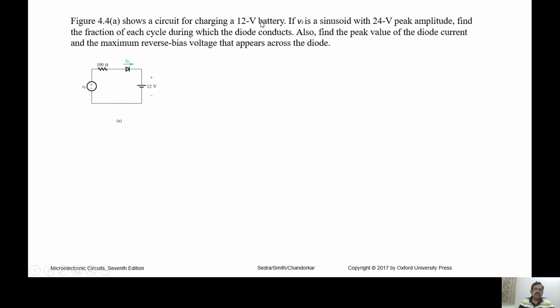So there are some interesting facts here. Let us go one step at a time. First thing that we know is the diode conduction. There is a battery here, and because of the way the battery is connected, even under forward bias, which means the positive half cycle of this input voltage, the diode is not going to conduct for the entire half cycle. So let us first draw the input.